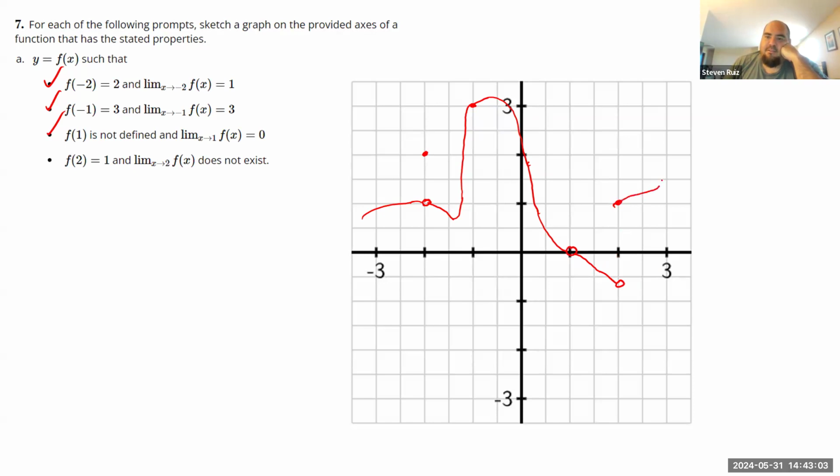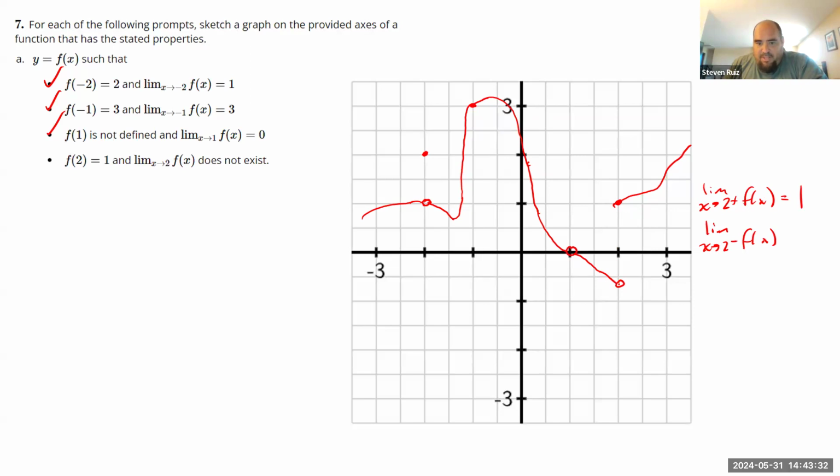But clearly these limits don't agree with each other. So let's give myself some more detail here. I believe the limit as x approaches 2 from the right of f of x is 1. I also believe that the limit as x approaches 2 from the left of f of x is, of course,